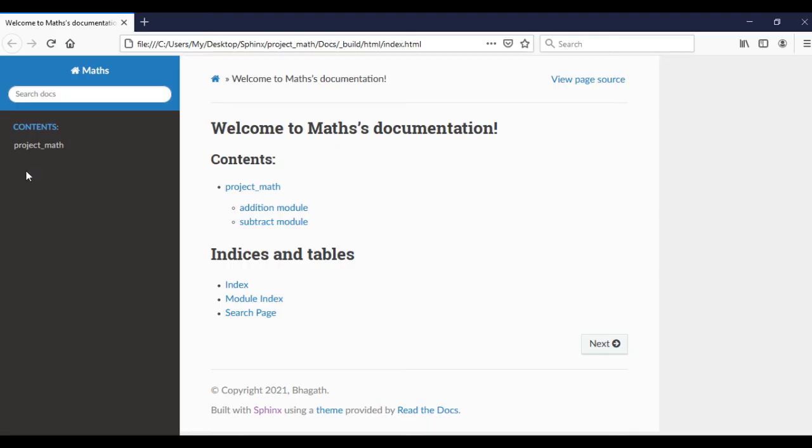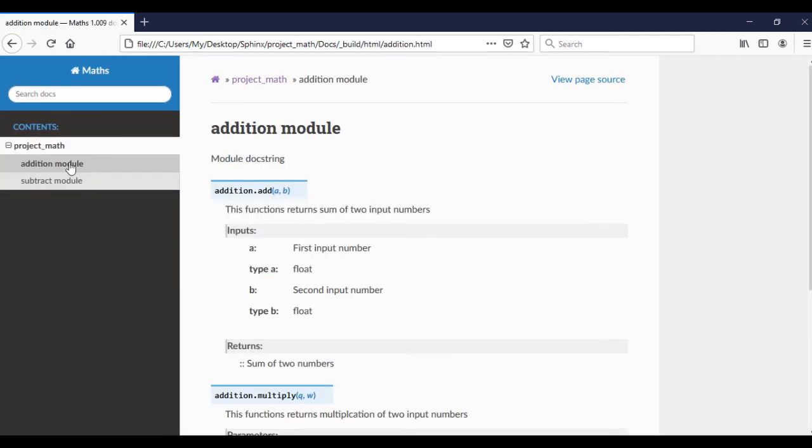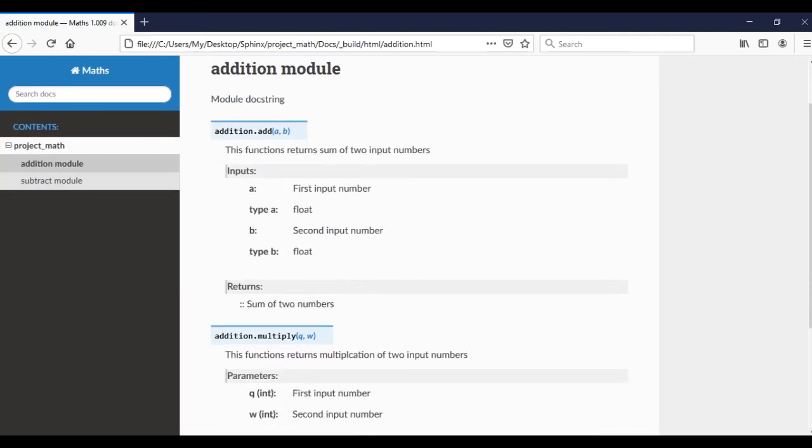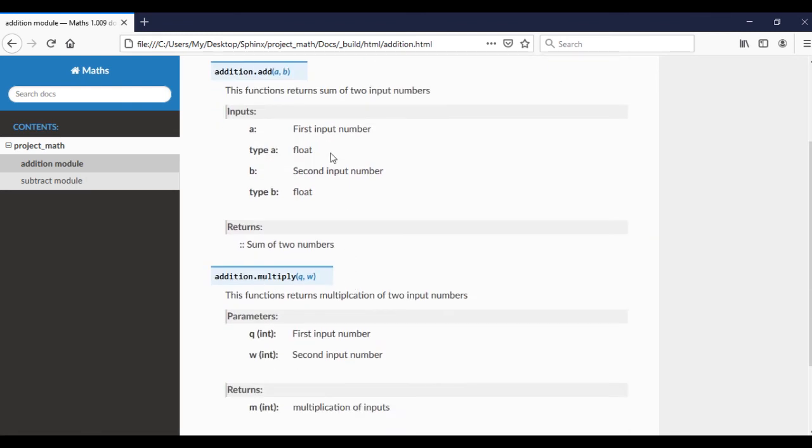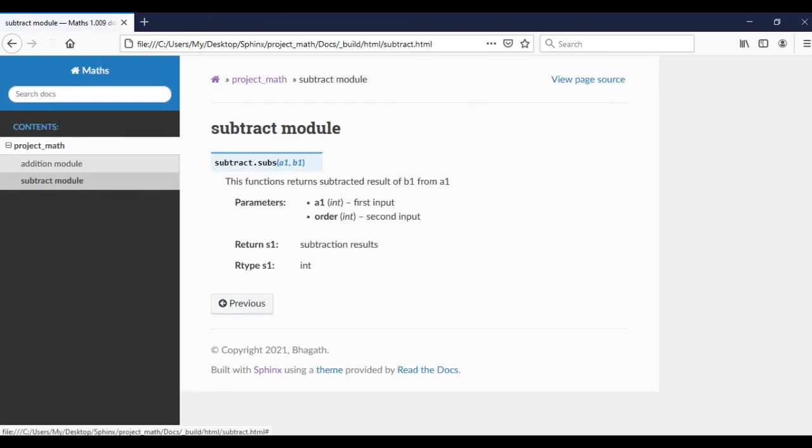Here is my project name maths, and this is the folder name, and this is the addition module. Within this addition module I have the add function and multiply function. In every function I gave a different docstring format so that it shows different structures, and it is the same for subtract.